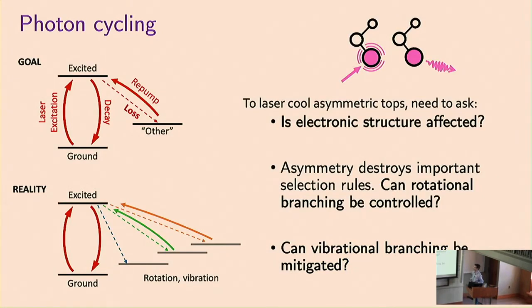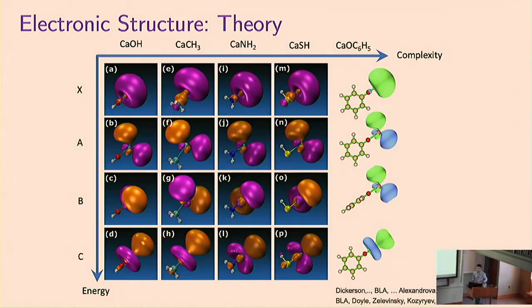The problem is, can we actually do that? So we know we want to form optical cycles and potentially use optical forces to control these molecules. But in a molecule with increased complexity, will we actually be able to repump the rotational and vibrational modes that need to be controlled? To get at this, in collaboration with Tanya Zelevinsky's group and Ivan Kozyryev, who is a postdoc in her lab,